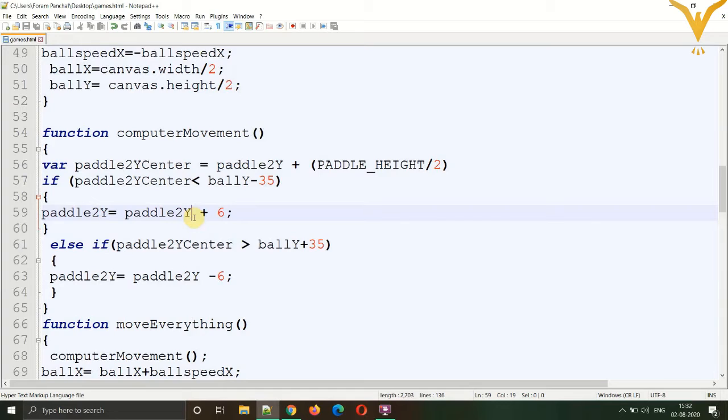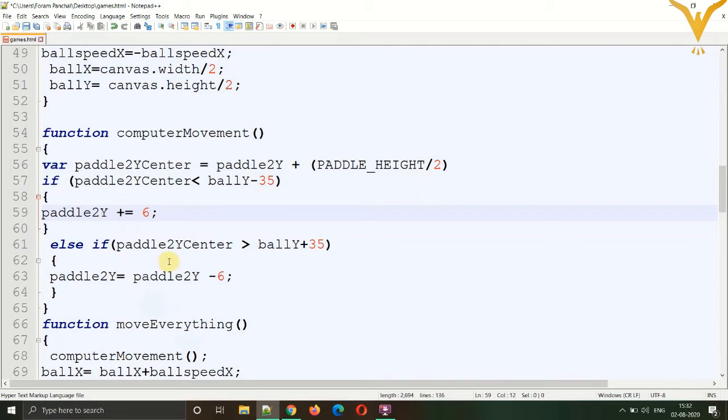syntax. So for that we can directly write paddle 2y plus equals 6. What this means is, paddle 2y, add 6 to the original value and the current value should be saved into the variable. So if paddle 2y is 100, 6 will be added to it and 106 will be saved. The new value will be saved into the variable. Okay, so this is a shorthand language.